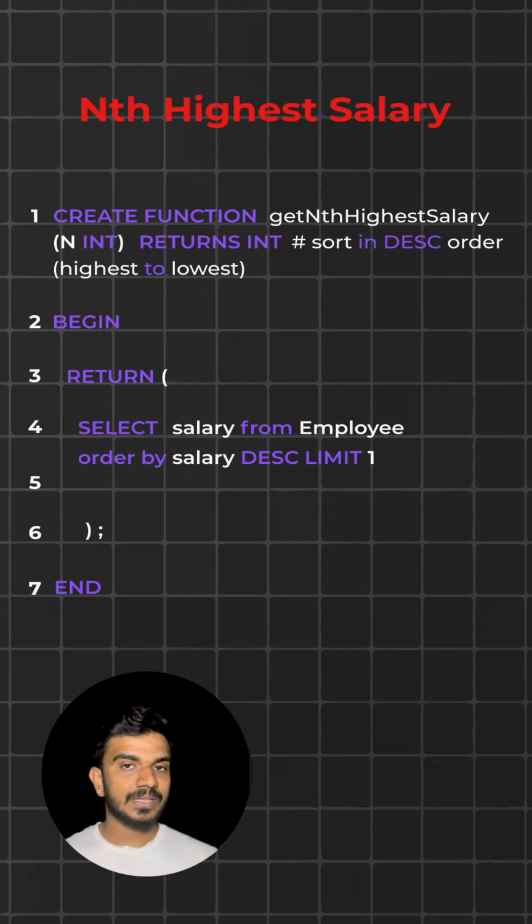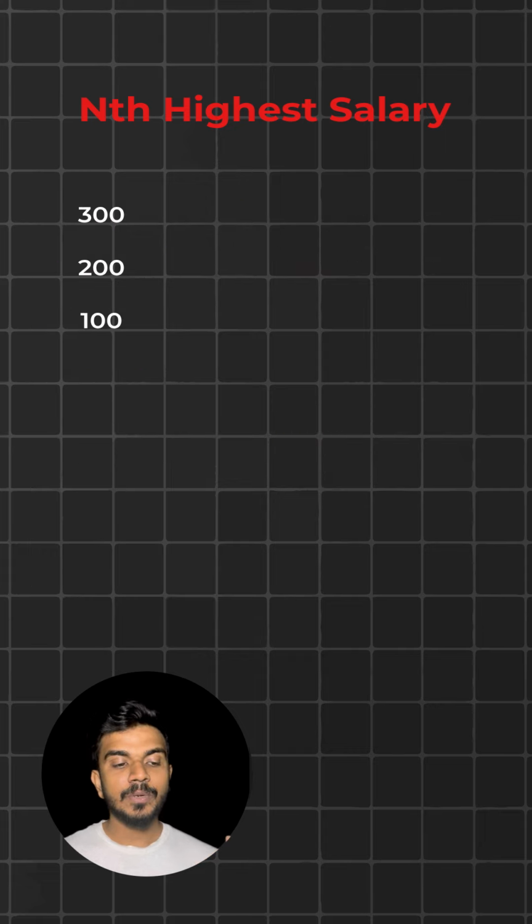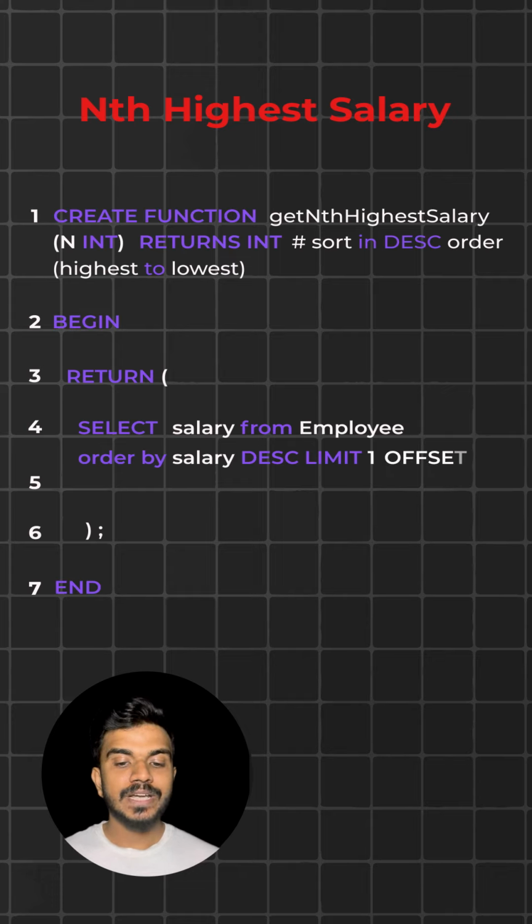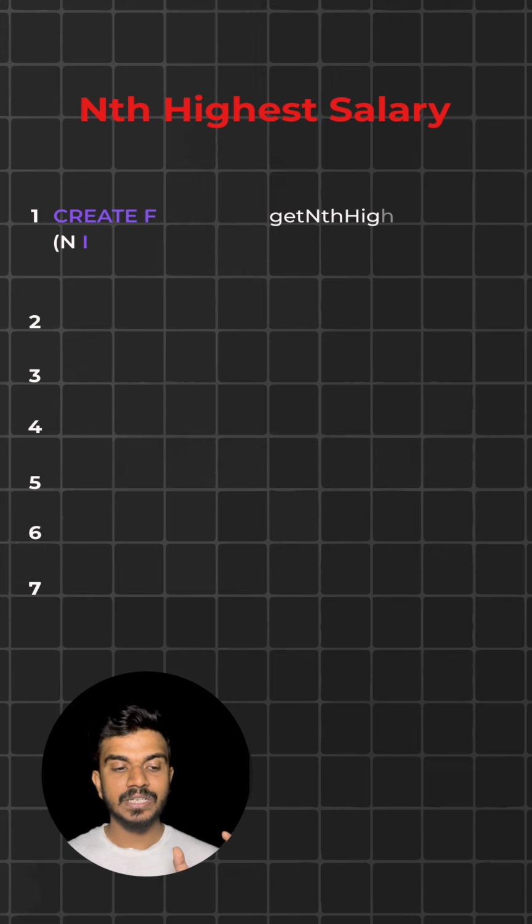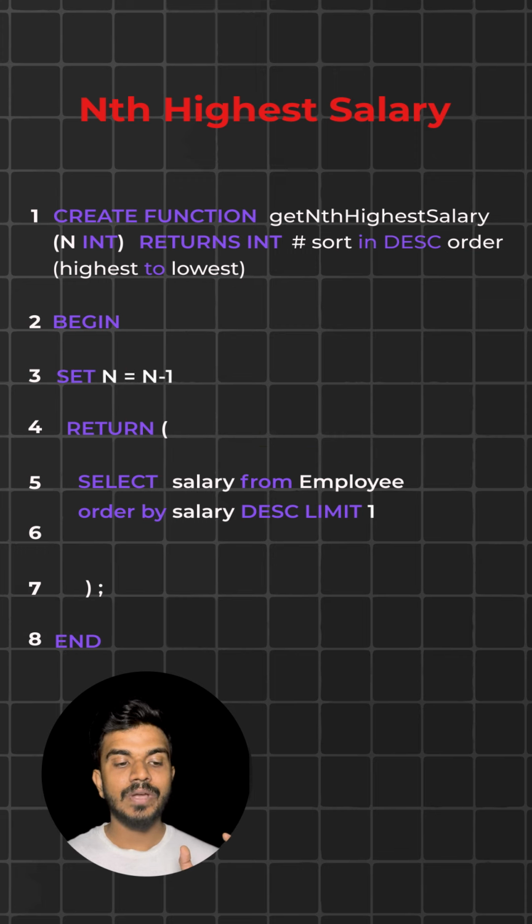अब limit of 1 का मतलब ये होता है कि समझ लो आपके पास डेटा है, तो limit of 1 का मतलब है आपको only top 1 डेटा दिखाएगा. So limit of 2 का मतलब वो top 2 डेटा दिखाएगा. Once you have done this, then we need to put offset of n-1. Now please note, whenever you are using a function, आप offset of n-1 ऐसे नहीं लिख सकते हो. So for that you need to change it and you have to write set of n is equal to n-1 and here you have to put offset of n.